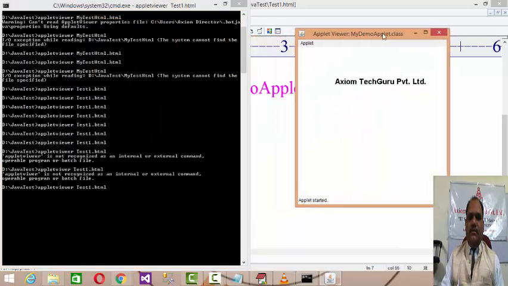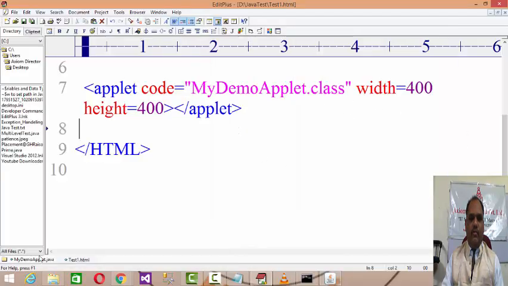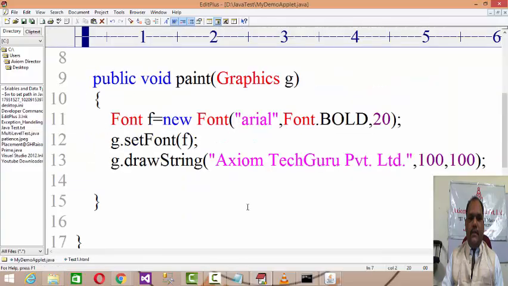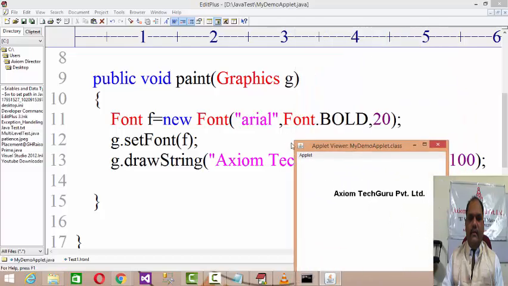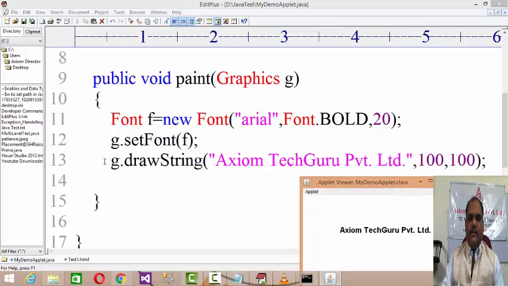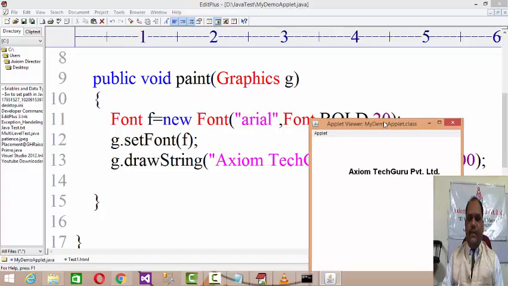You'll get the result in the applet window. When you run that applet, the code we wrote, the font type equals to new Font. Look at the result. Font means it will pick up the font Arial, bold, with 20 as the size. g.setFont(f) sets the font, and then g.drawString Elysium Tech Group Private Limited at 100 for X and 100 for Y, and it will print it there. So this is the result we get.